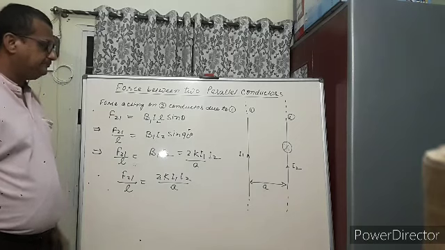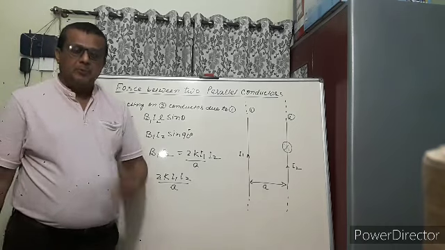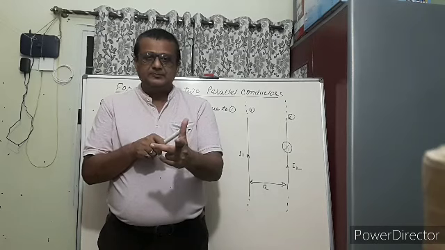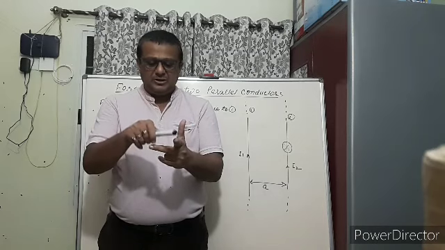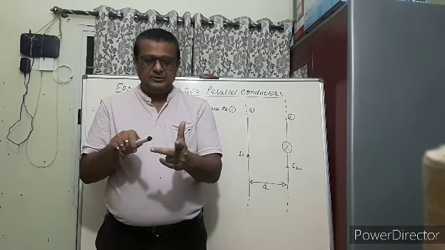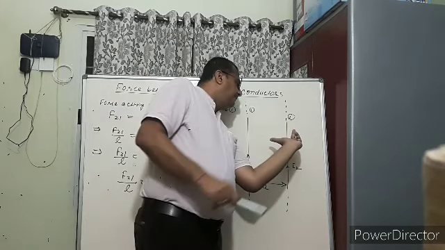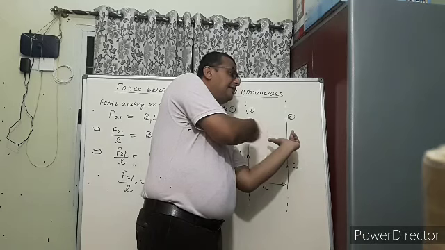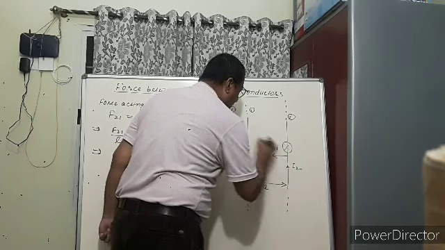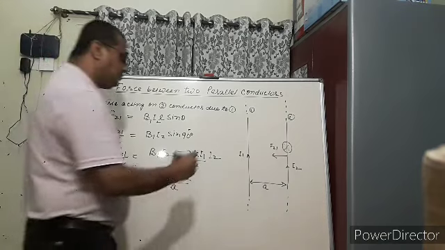Now we have to find what will be the direction of force. For getting the direction of force, we have to take three mutually perpendicular fingers of the left hand. This is the forefinger, which indicates the magnetic field. This is the current. Then the thumb will indicate force. So force will act along this direction, that is F21, according to Fleming's left hand rule. So we have got F21 here.